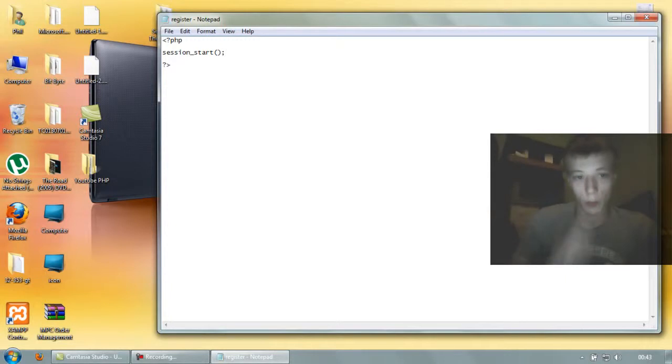As I explained in the previous video, we're going to be using sessions, so this needs to be right at the top of the page, just under the PHP tags. Okay, so first of all, you want to type in $myuser equals $_SESSION['username'], and $mypass equals $_SESSION['password'], and then type in if $myuser or $mypass,